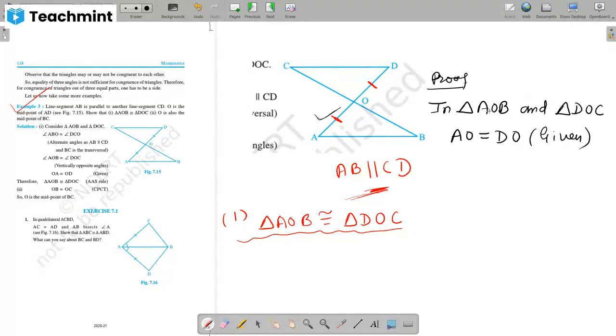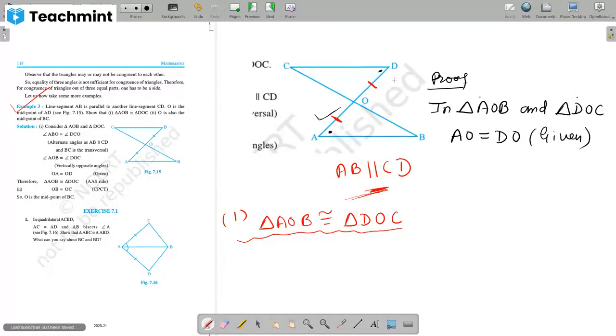Okay. Then this OB, OC, are they equal? OB, OC? No, it is not given in the question. AB equals to DC. Are they equal? No, this is also not given in the question. Now let us see angles. Angle at point A and angle at point D. Where is A? This one. Angle at point A and angle at point D. Are they equal? Yes, ma'am.